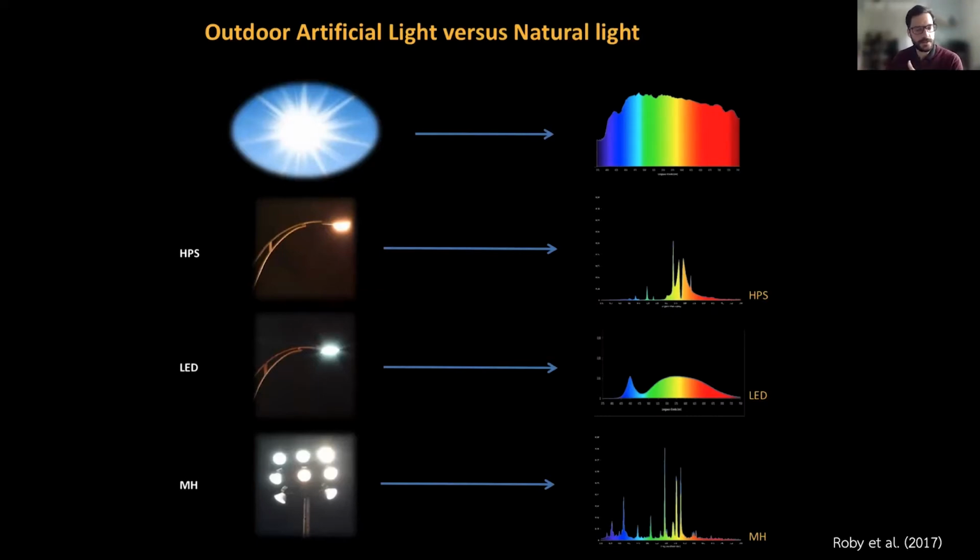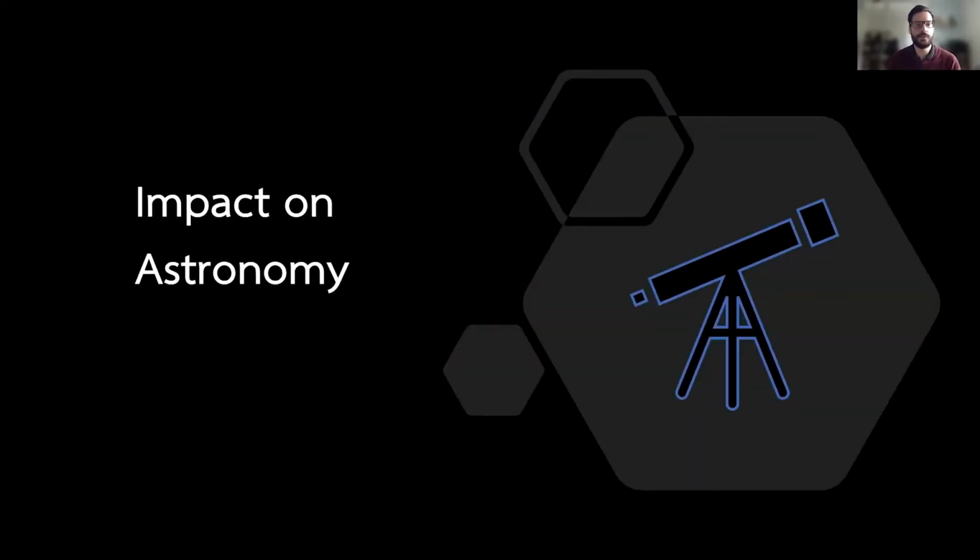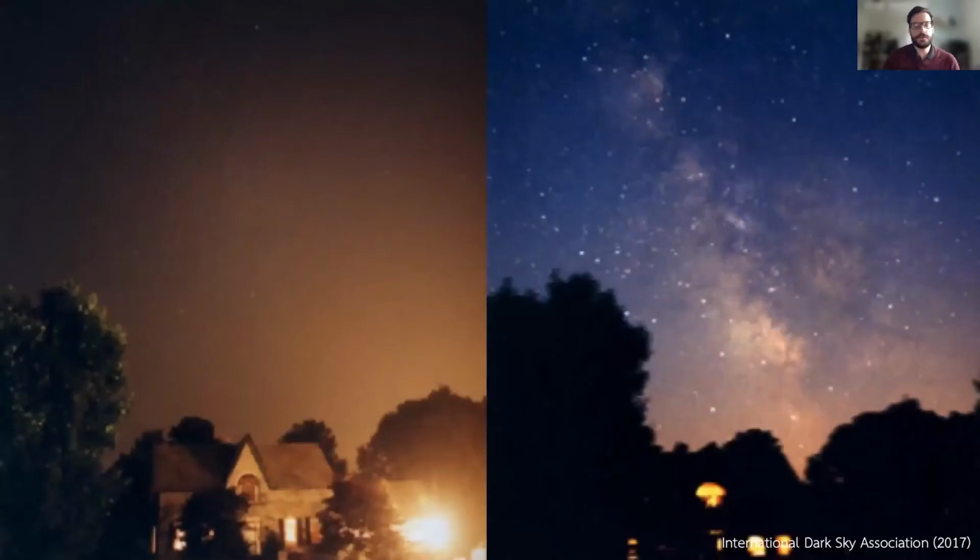I want to make these impacts interdisciplinary. Since I'm an astronomer, I want to start with the impacts of light pollution on astronomy. If you think about it, I think it's very easy. And I think this is maybe how you know light pollution. We cannot see very many objects in the night sky. And the higher the night sky brightness is due to artificial light at night, the fewer objects we can really see.